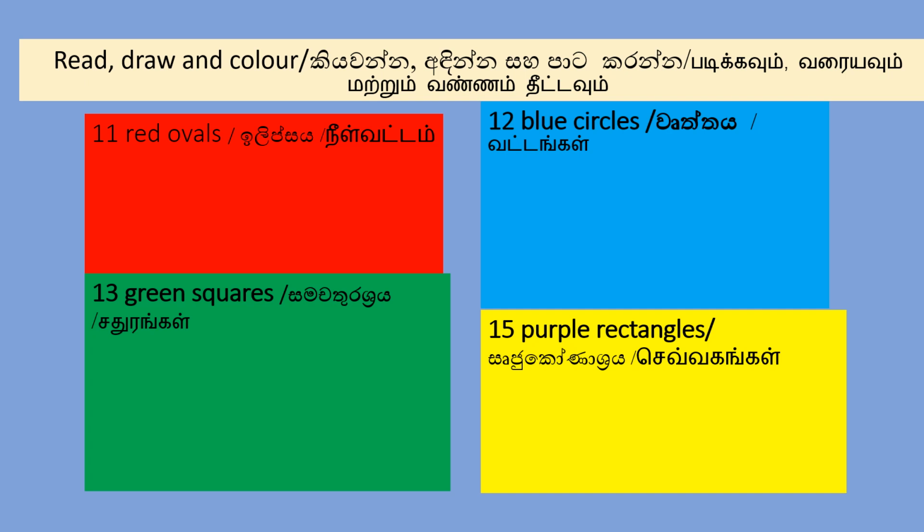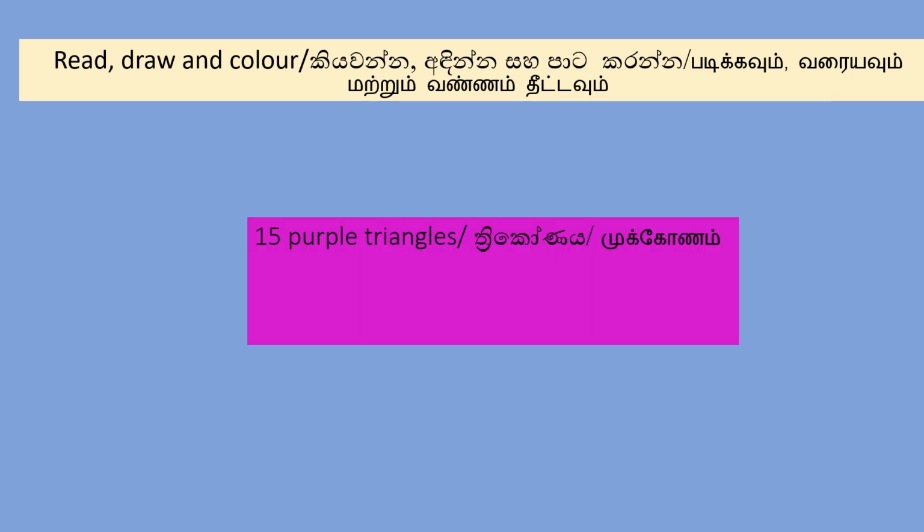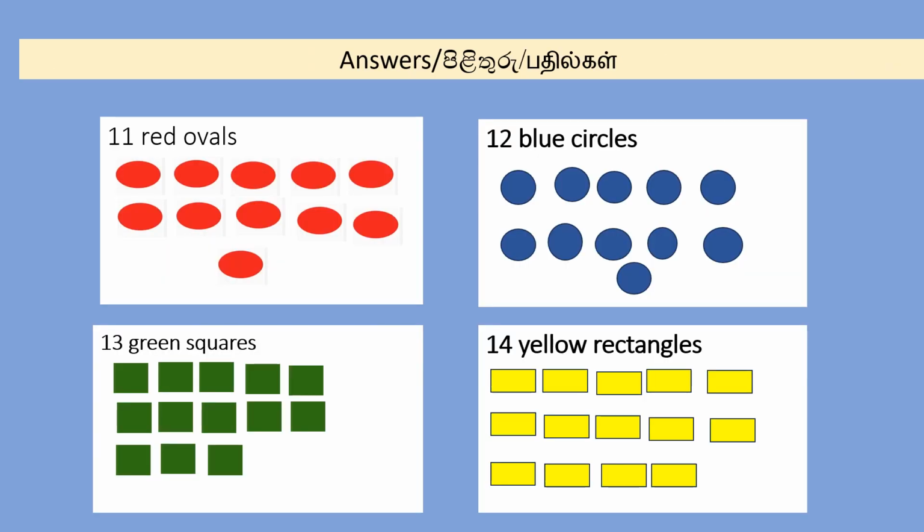Answers. Read, draw and color. 11 red ovals. 12 blue circles. 13 green squares. 15 purple rectangles. Answers: